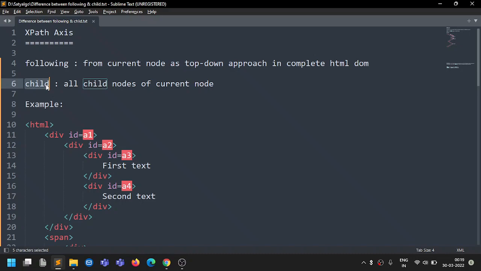You might have seen that generally we use these two very frequently. So today we'll see how to use them and what the difference between these two is. First of all, one thing you need to remember is that following means